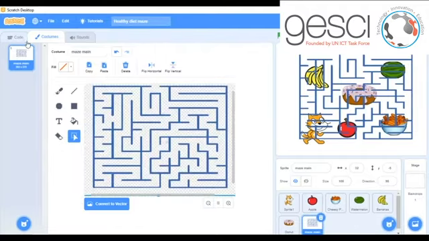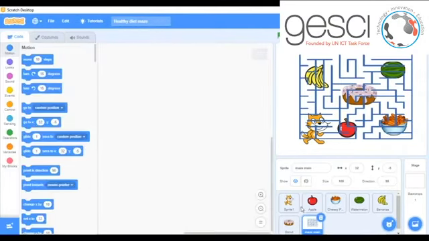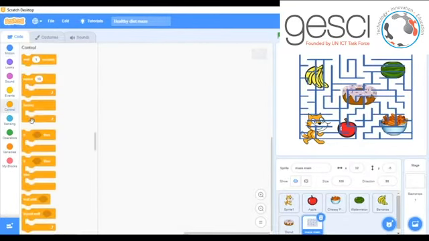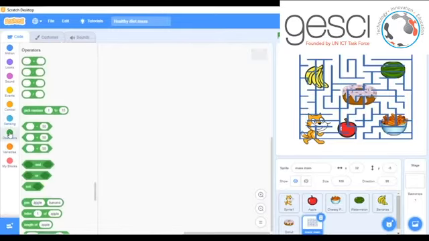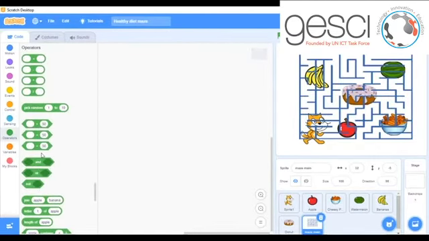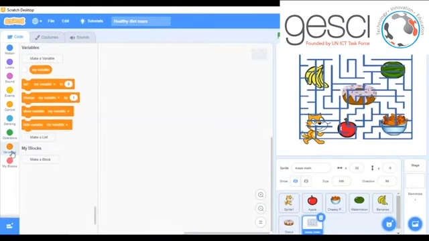Sorry. Yeah. Then we go back to the code. So as you can see, I have my sprites, and they're of different sizes. So we talked of control blocks. When we talk of control blocks, we're talking about these blocks, and we were able to look at them yesterday. Then we have sensing blocks, operators that we said are used in different ways in games. And then we have what we call variables. So in our game today,